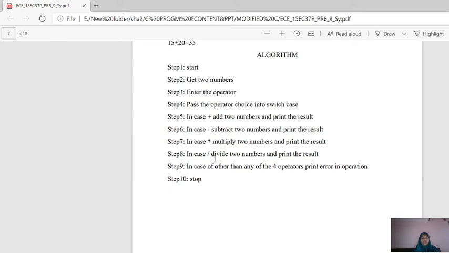In case of slash, division takes place and it prints the result. If you enter any other symbol or character, it is going to print error in the operation, and finally it stops the execution. So this is the algorithm of the program.